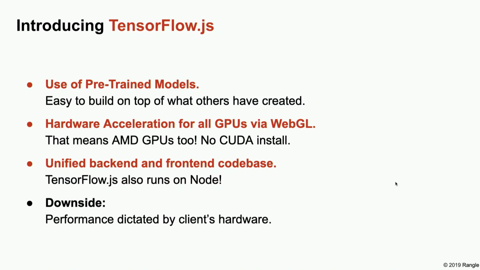This is something web developers care about more. If you're doing back-end stuff with servers like Node.js, it's the same code base that you're using in your front-end applications. So the one downside is that the performance is going to be limited by the client's hardware. You're doing this on their machine. Maybe your application works great on your phone, but then you've got somebody with a Samsung Galaxy S2 or something that tries running it. And obviously, there's going to be a lot more latency there, and maybe it's not very performant.